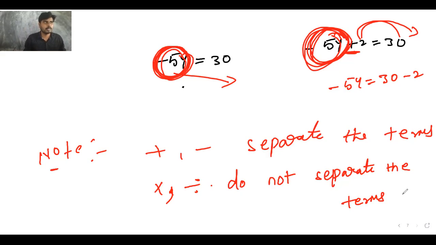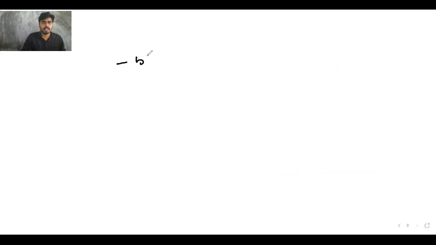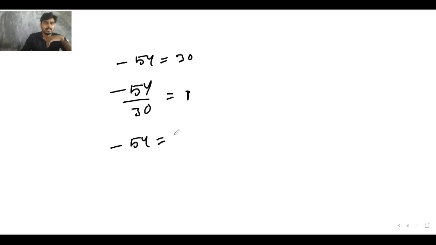Nana, 30 we can make that 5y minus 30. The thing is, we have to find y. That is the final aim, right? Suppose you transpose this minus 30, then 1 will remain. Again you have to transpose everything, again cross multiplication: 1 into 30, then 1 into 30 by minus 5. This perfection you will get when you practice.